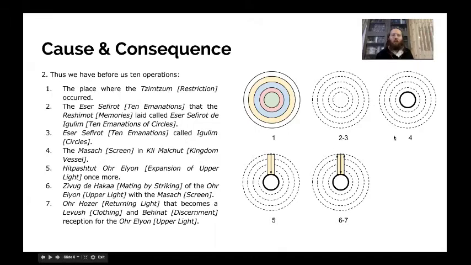And then you have number 4, which is, we said, the masach, the screen. So the idea is now you've got a screen on this phase 4. You're not allowing anything to go into it. Then you've got diagram number 5, where you're allowing root, phase 1, phase 2, and phase 3 to come in. And that phase 4, you're rejecting it, which is in 6 and 7, which is that mating by striking, where it's clothing the root, 1, 2, and 3 going down. The phase 4, close it by going back up.